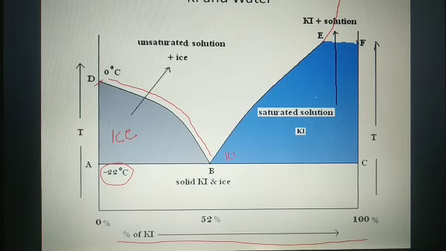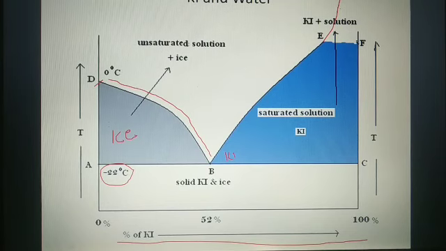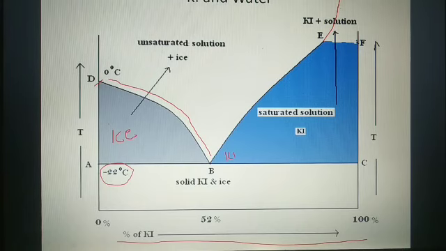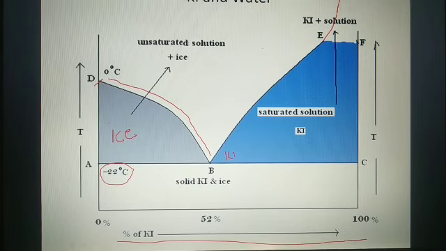Potassium iodide continues to separate out. If we have a saturated solution of potassium iodide and cool it, then what will happen? Why does potassium iodide separate on cooling? Why does potassium iodide pass into the solution on heating? As we increase the temperature, there is dissolution of more and more potassium iodide in the water. As we decrease the temperature, the concentration of KI in solution goes on increasing, and then there is a separation or precipitation of potassium iodide from the saturated solution of KI in water.